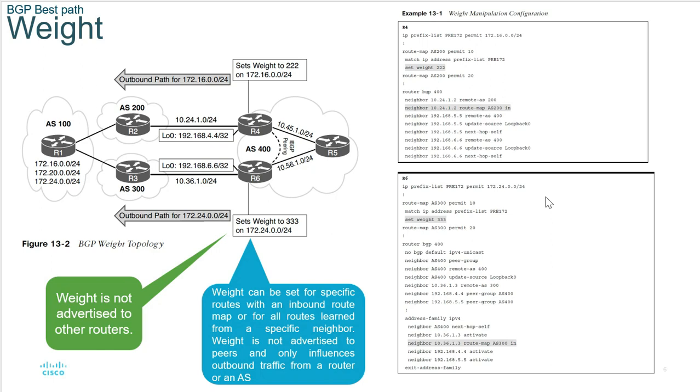So let's look at the first attribute. The first attribute is weight. So weight is a Cisco proprietary attribute and it is discretionary, so it's not advertised to other routers. It's non-transitive lah. Okay, so this is one example topology where the router 4 and router 6, we can influence how router 4 and router 6 makes a decision about the best path bila ada jalan nak ke destination 172.16.0